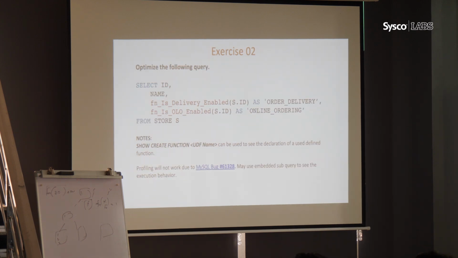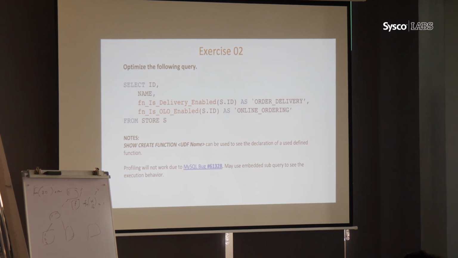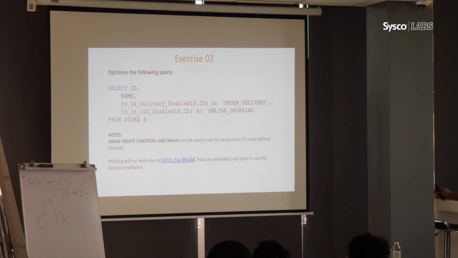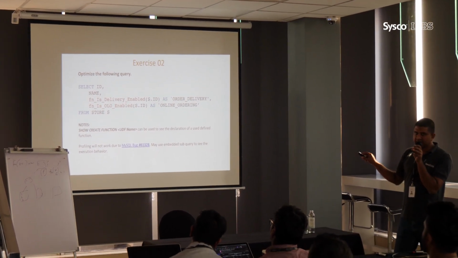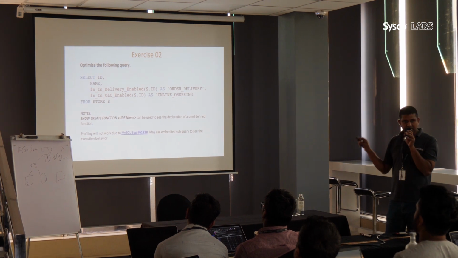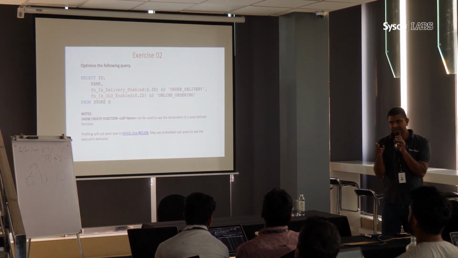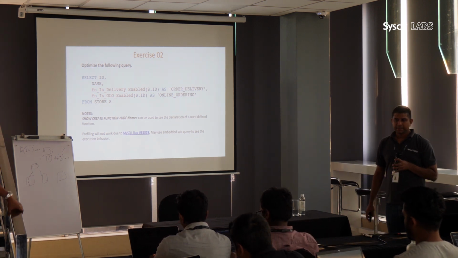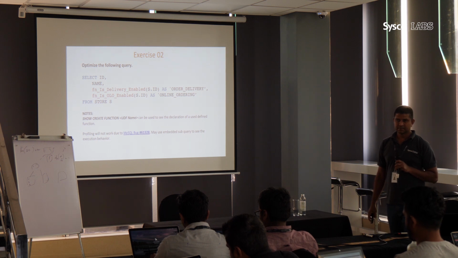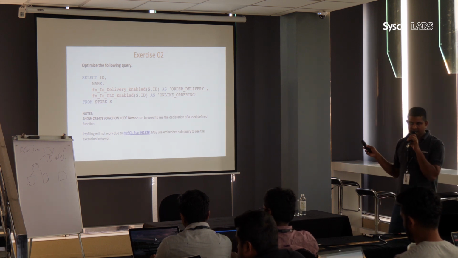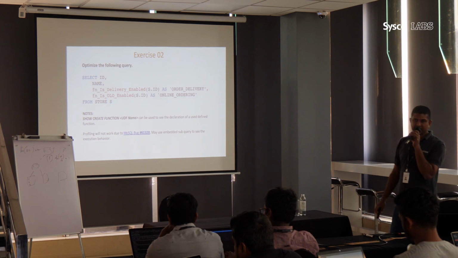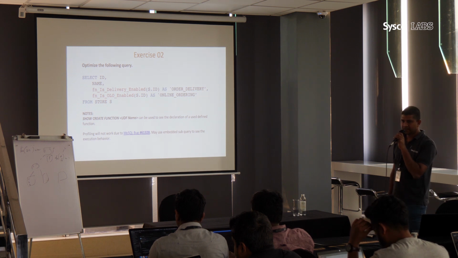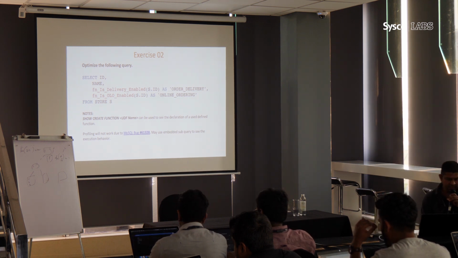Next exercise is purely on query optimization. I just want you to optimize this query. There are 2 functions in the database. Ideally they should be there. If they are not, you have shared them in the Slack channel, so get those functions, create them in the database, and see whether the query is working. I'll put the query there as well, so that you don't have to write it again.